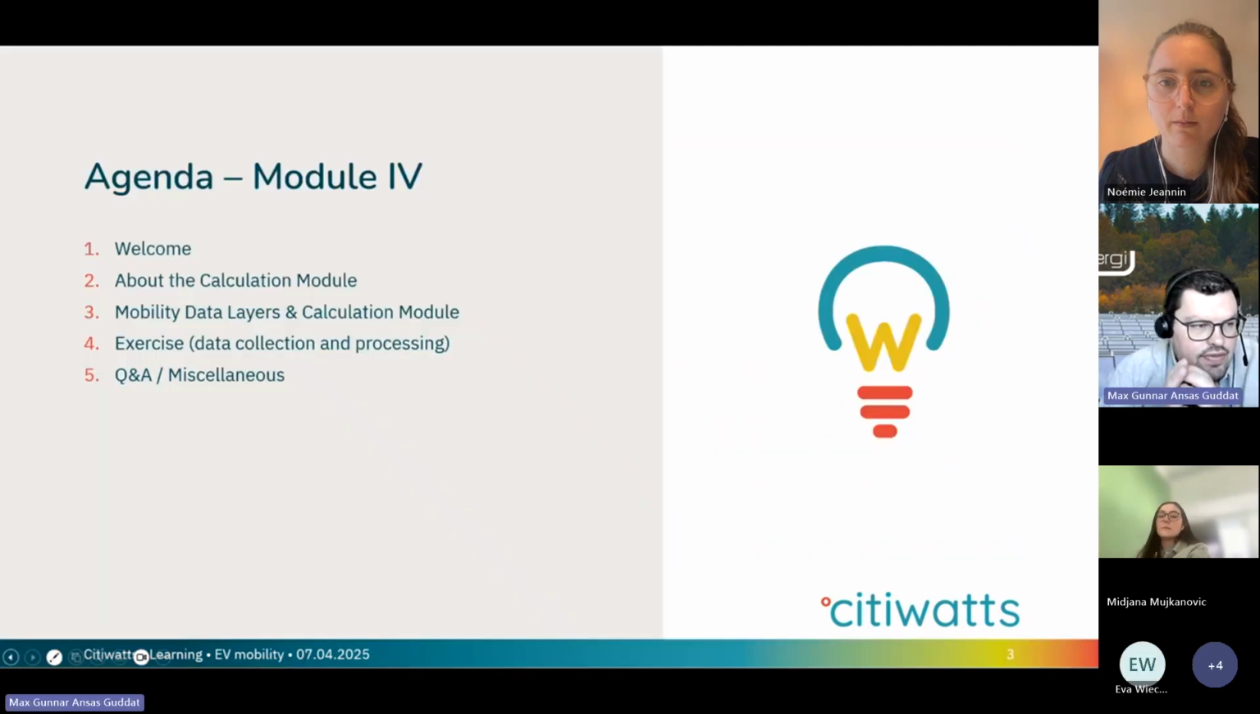The agenda for today is very similar to those that we had for the other modules. We're going to start with the same welcome, to wrap up the project and so on, and the background for those that may not have seen the other webinars or modules and are just interested in this e-mobility part. So we're also going to talk about that today. And then